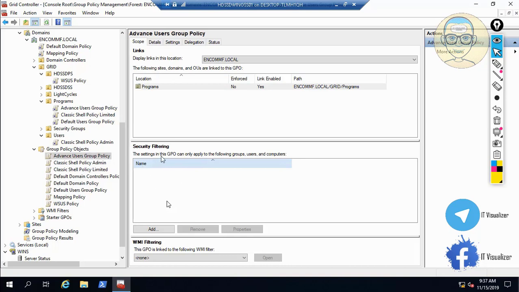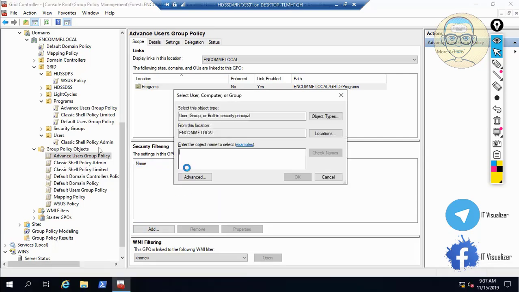If you leave the security filtering with the authenticated users group in it, you don't need to do what we will do now. But if authenticated users is for any reason removed and another Active Directory group is added, you need to go to the delegation and add the domain computers Active Directory group and give it read permission to this policy. If you didn't do this, this group policy will not be applied. Okay, so here we will add,